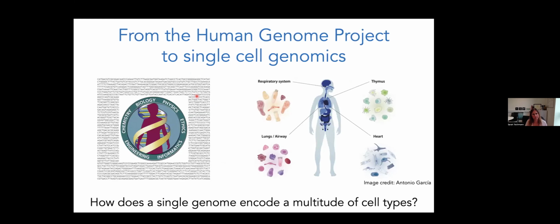And just for context, basically, the molecular definition of the cells in our body is really also answering the question of how a single genome sequence, since the DNA is nearly identical in every single cell in our body, how does that single genetic code encode for this multitude of cell types? And of course, what we know now is that there are on the order of magnitude of 10,000 or so cell types in the body, but there's a single genetic code. And so we're really asking how those programs are